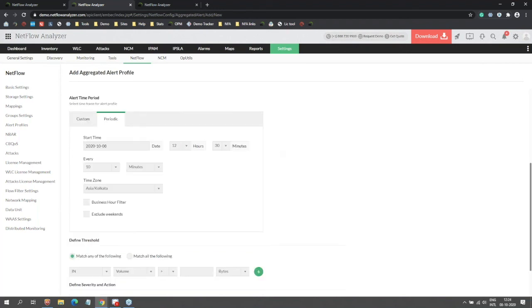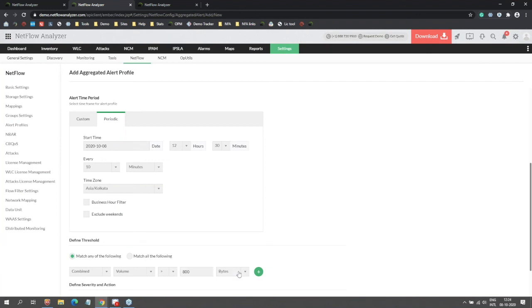You can set it up for a custom time period or periodic, like every month. From the first, it will keep calculating how much data you've used. So if you're going to cross, for in or out or both, something like 800 GB, as I told you, in that case you can send out an alert. You can send the alert the same way you set it up.